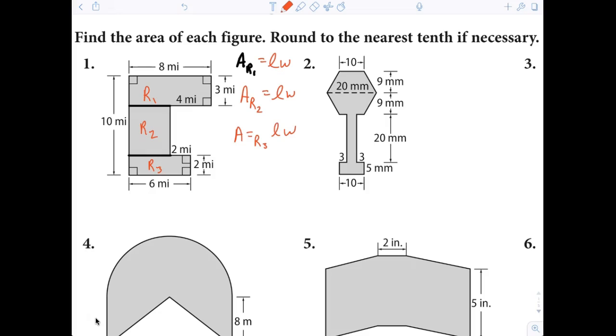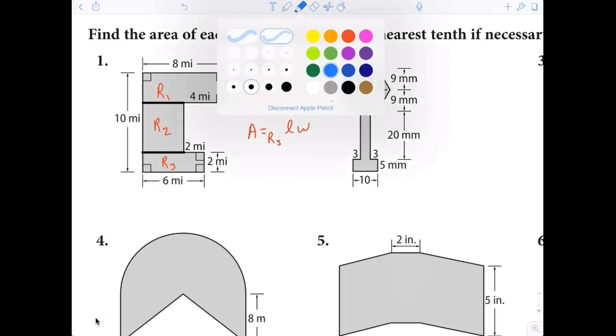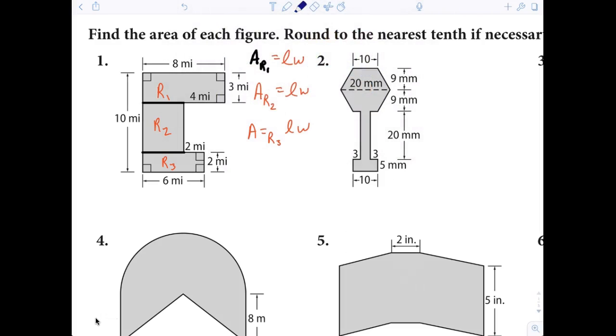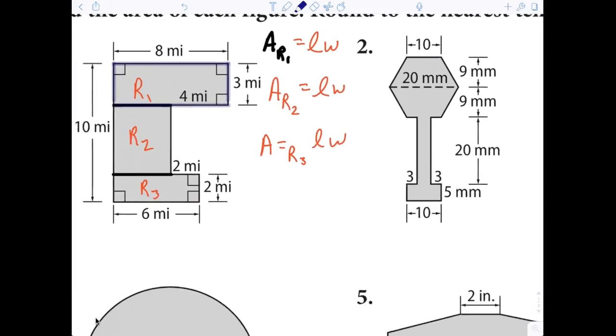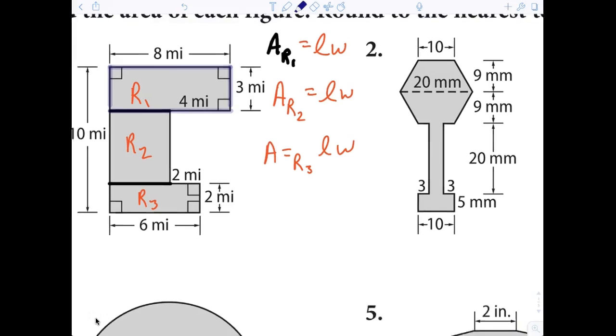So now what we have to do is tell me what the dimensions are. I'm going to highlight this right here, this top rectangle, and I want someone who's paying attention to tell me the dimensions of that top rectangle. Jack, did you know? Yeah, you do. Come on, give it a shot. What's the length and the width? Yeah, guys, 8 by 3. Everybody hear me? So the top rectangle,